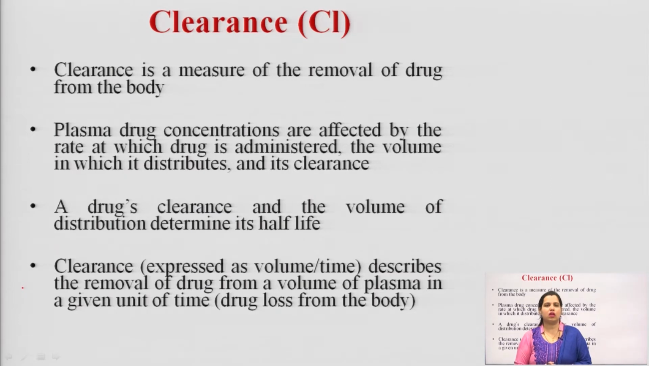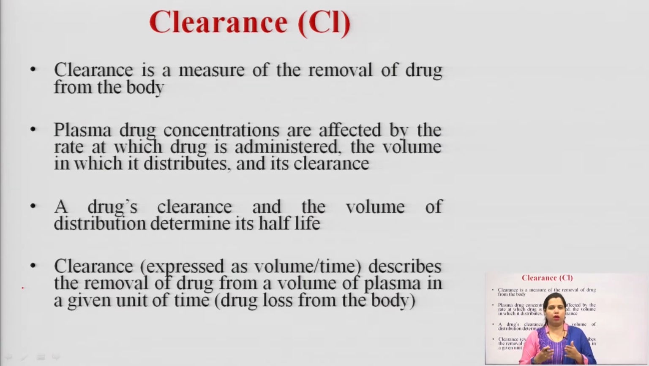Plasma drug concentrations are affected by the rate at which drug is administered, the volume in which it is distributed, and its clearance. So, basically in technical terms, how can we define clearance? Plasma drug concentration, basically the drug amount in blood, is affected by the rate at which drug is administered, the point where the drug is administered to the patient and it is getting entered in the blood system or systemic circulation,